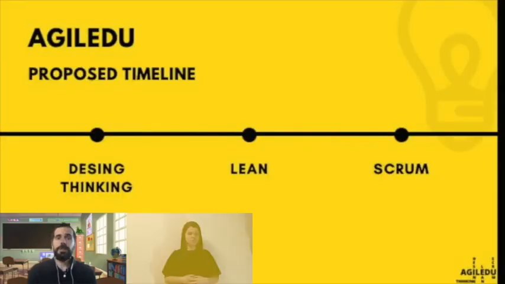Scrum is an iterative and incremental framework for project development and is structured in work cycles called sprints. These are iterations of 1 to 4 weeks and they follow one another. Scrum is a framework on which we develop the Agiledu methodology in the classroom. This framework has 5 events or ceremonies, which are the ones we will apply in the classroom in an analogous way. Sprint is the duration of the didactic unit or topic,